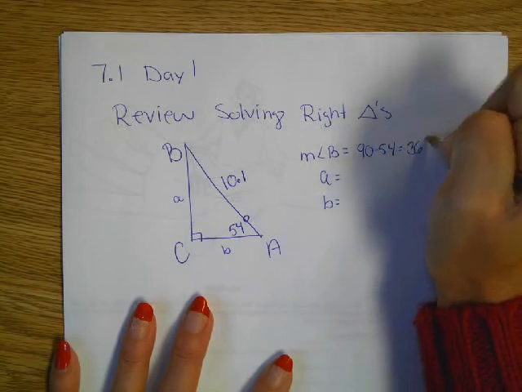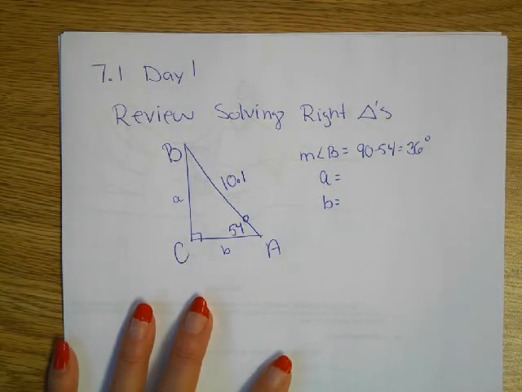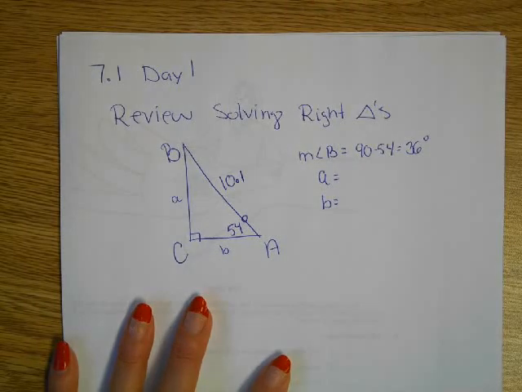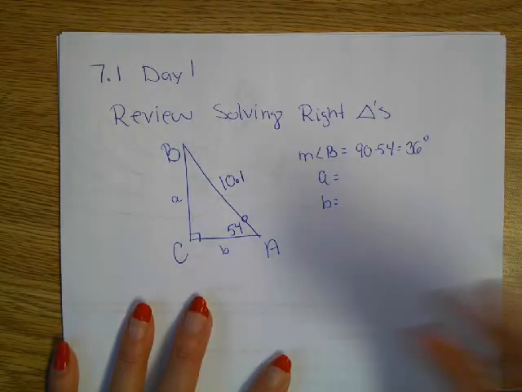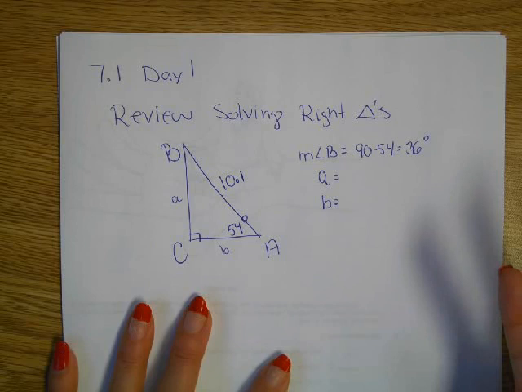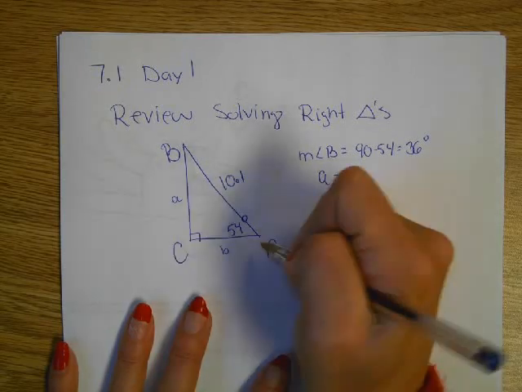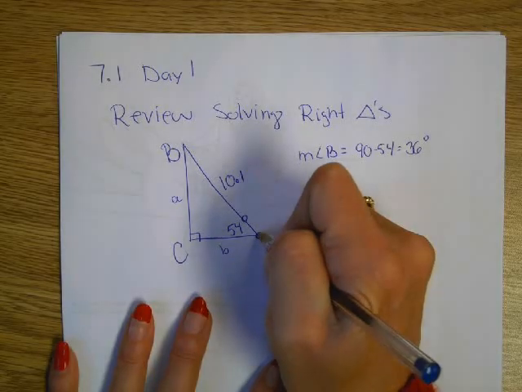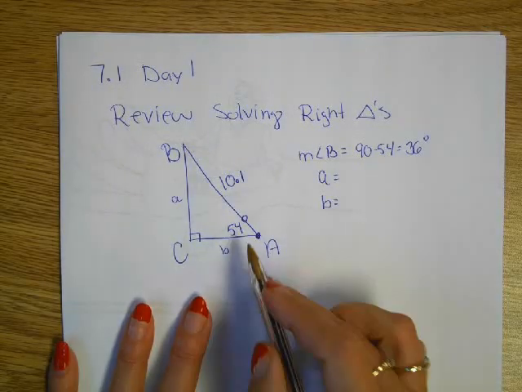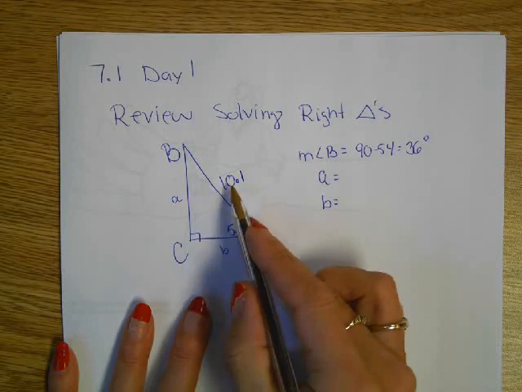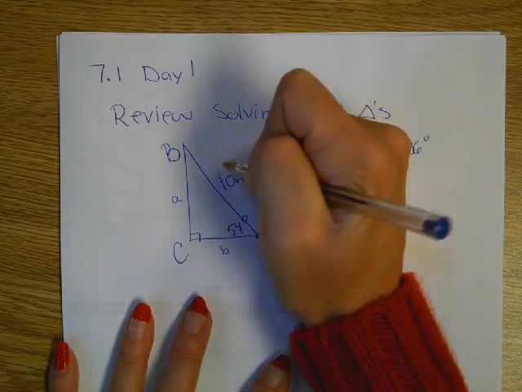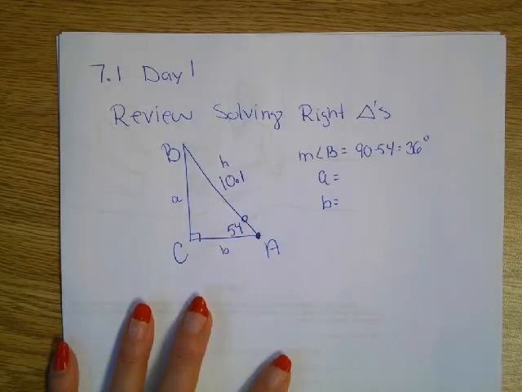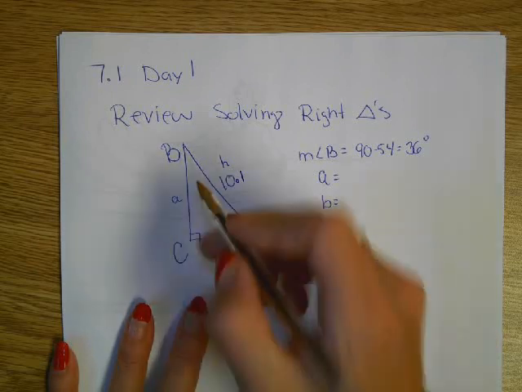So, what mode do we need to be in? Degree mode. So check your mode. I'm in degree on this. Make sure you close parentheses. Now I get that same answer. And we're back to sig figs. Looks like 3 sig figs. So 8. And then we'll find little b